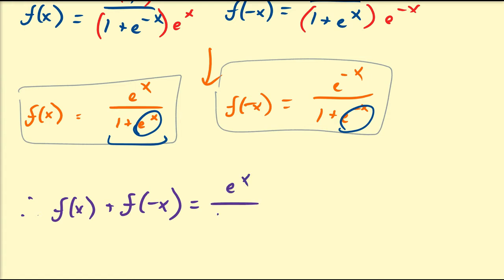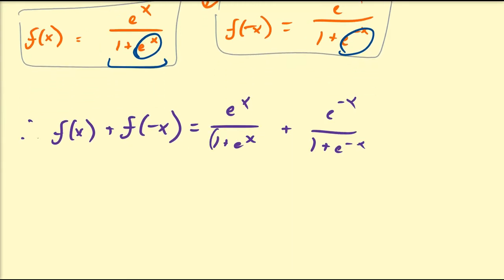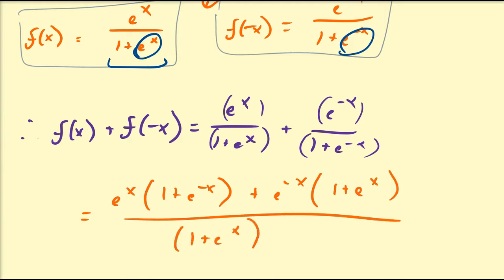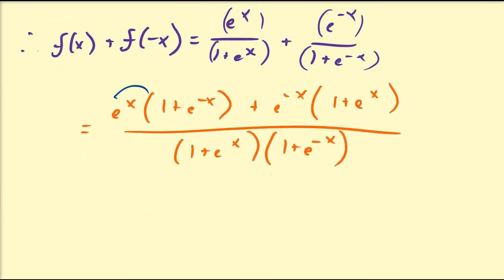So this is going to be e to the x over 1 plus e to the x, and then plus e to the minus x over 1 plus e to the minus x. And then we can get a common denominator by multiplying the left by the right and the right by the left denominator. So that's going to give me e to the x times 1 plus e to the minus x plus e to the minus x times 1 plus e to the x, all over the product 1 plus e to the x times 1 plus e to the minus x. Then I'm going to distribute everything, so I'm going to have e to the x plus 1 plus e to the minus x plus 1